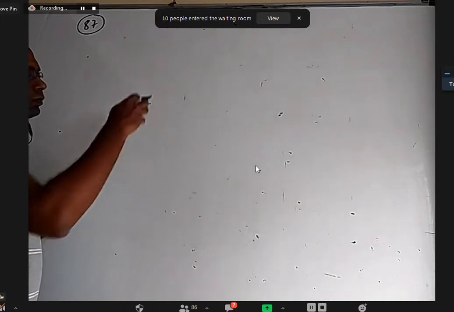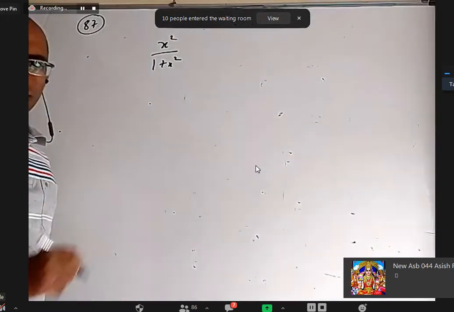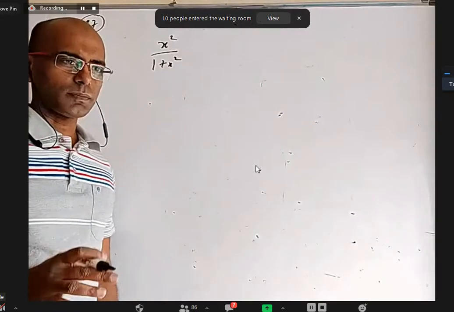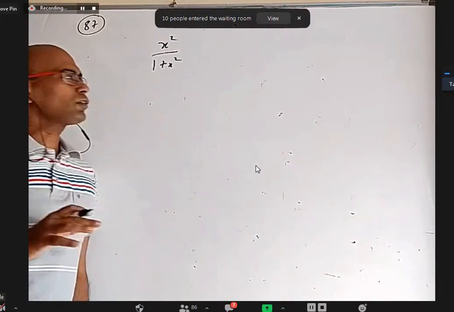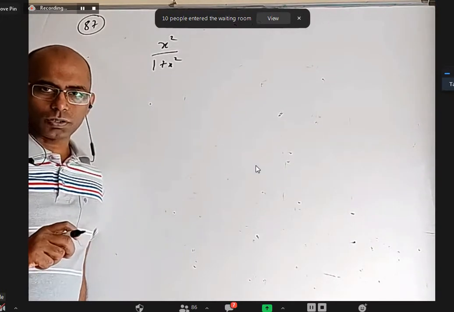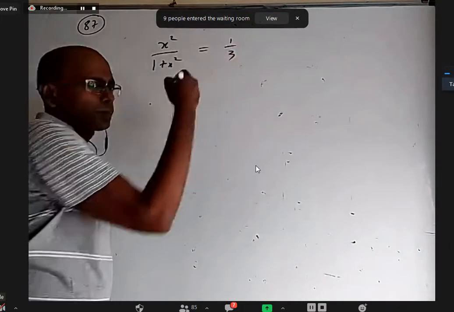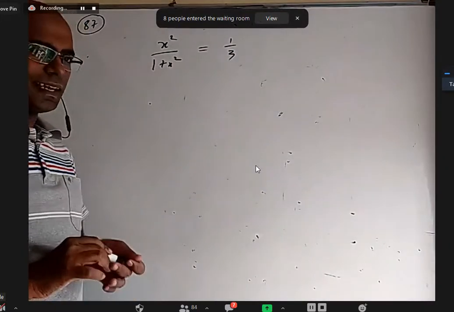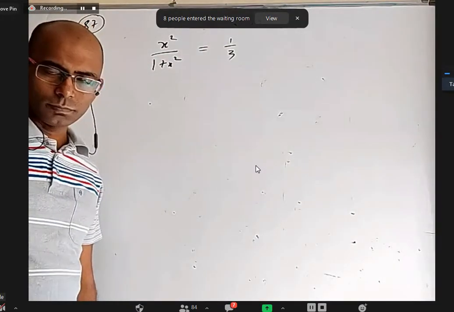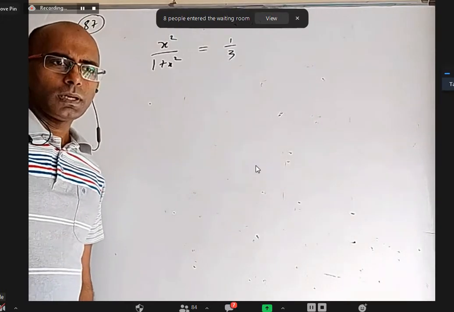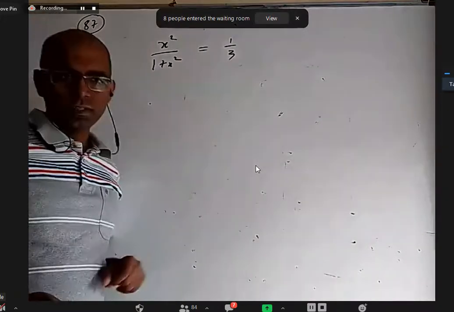Okay. Now, y equal to x square by 1 plus x square. Not just that, any other question also, it doesn't matter. If they give a function, let us not talk about range in detail, but I want to know whether a particular number is there in the range or not. Let's say I want to know whether y equal to 1 by 3 is possible or not. If there is an x value, when you substitute here, if the answer comes 1 by 3, then definitely 1 by 3 will be there in the range, right? Whether such an x exists or not, I want to check. If there is no such x, then this cannot be there in the range.